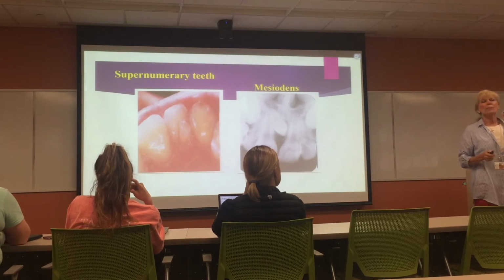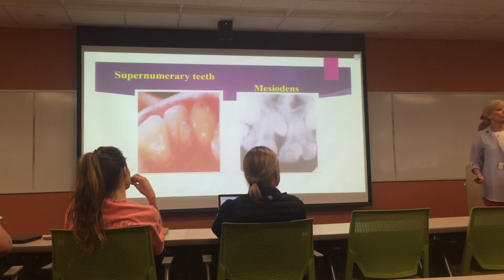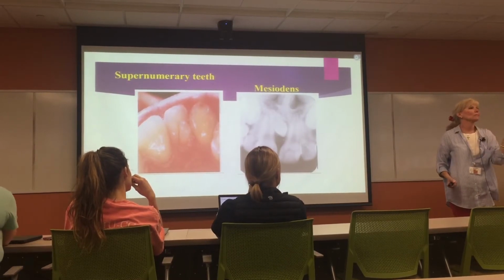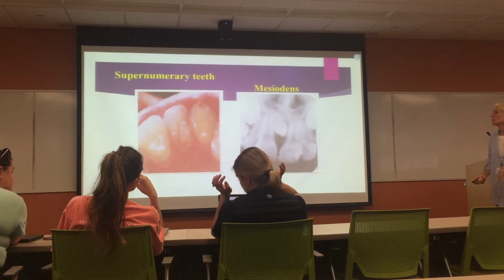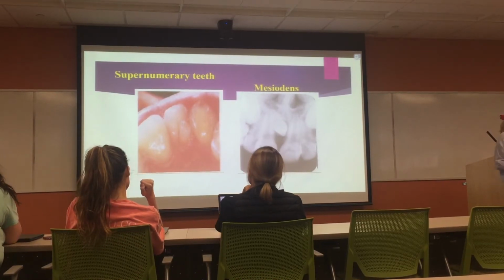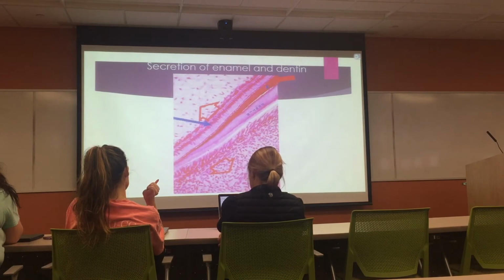But a mesiodens is an actual separate supernumerary tooth that's in the midline, hence mesio, referring to midline. So the mesiodens is a type of supernumerary tooth that just happens to be in the midline, so they give it another name, just to make everything harder. Okay,